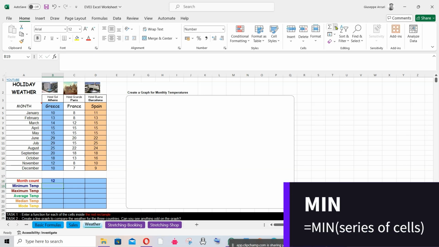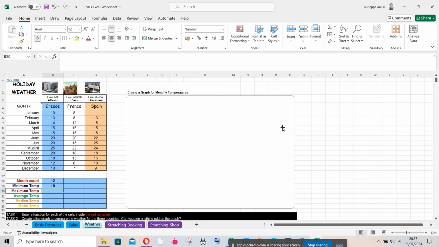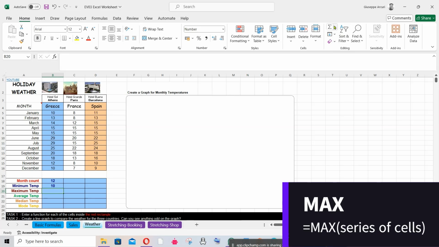Then we will calculate the minimum temperature for Greece, using the formula MIN, selecting again the 12 temperatures and finishing the formula with Enter. To calculate the maximum temperature for Greece, we will use the formula MAX, select again the 12 temperatures and finishing